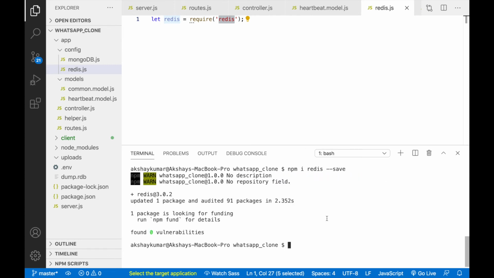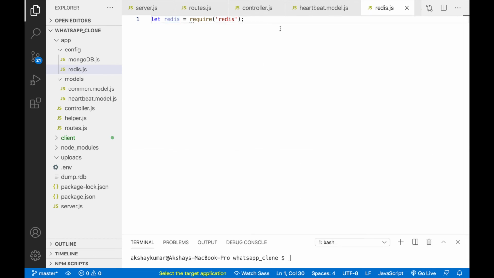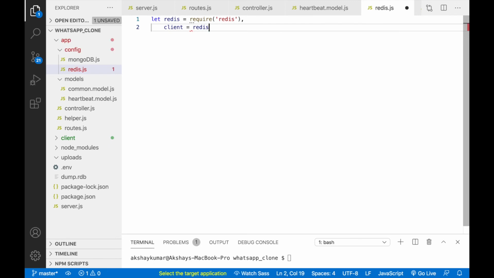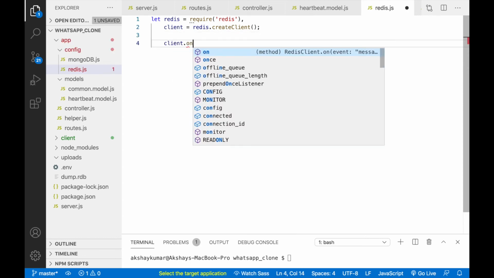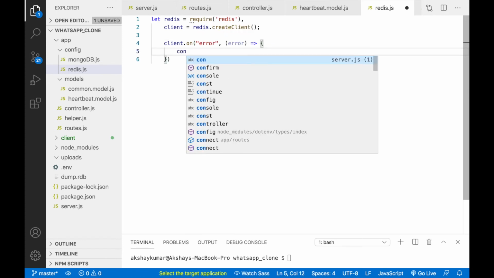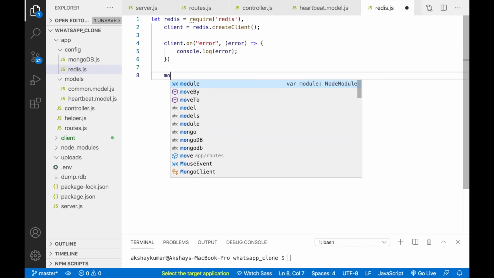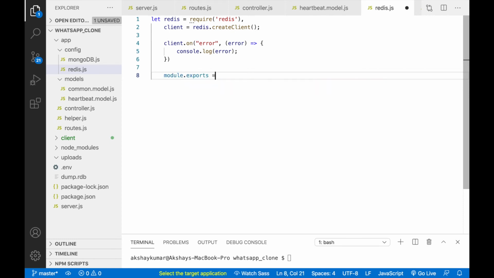Okay, so this is installed. Now after this, here we can write client equals redis.createClient. So we are creating a client from Redis. Now we can write client.on error. If there is an error, we'll just console log this error. We'll just export the module: module.exports equals client.